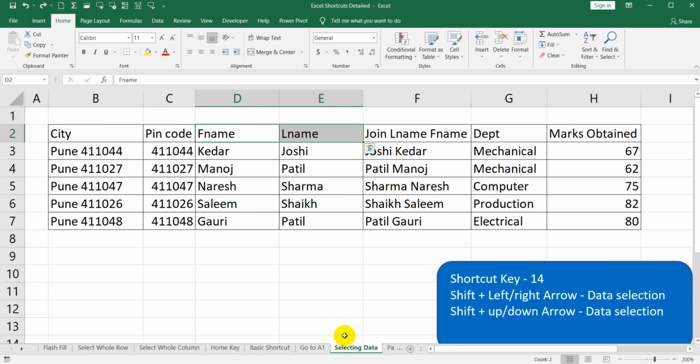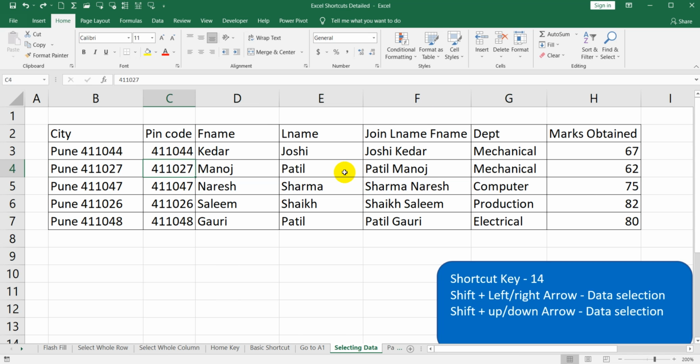Then move on to the next, that is selecting the data. This is the 14th shortcut. Let's consider I'm in the C4 cell and I want to select the data on the right side. Then we have to select the data by pressing Shift and the right arrow. You can see with the right arrow, it will select the right data.